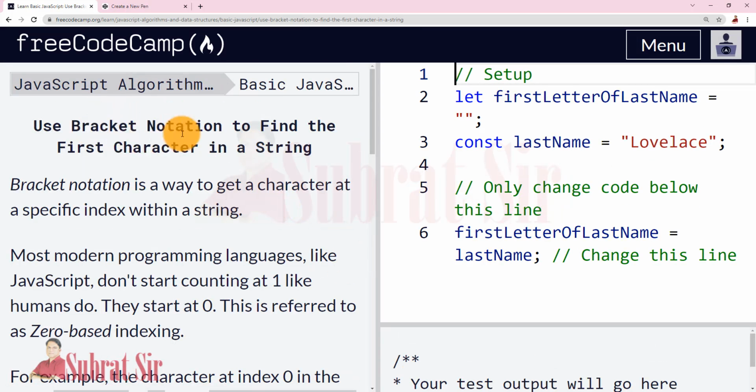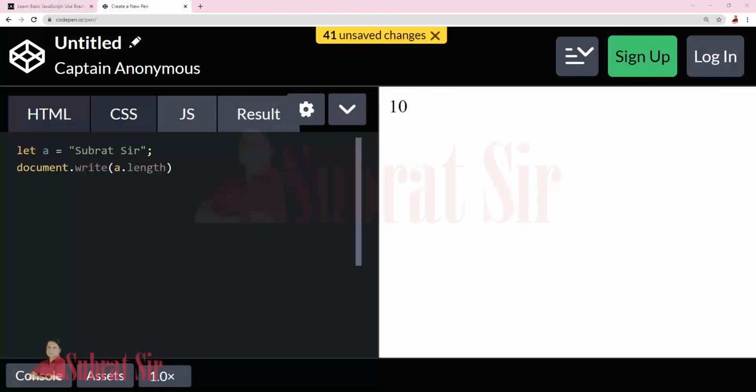Use bracket notation to find the first character in a string. Suppose we write here A and within brackets 0. So what will we get? We will get the first letter of this string. So this string is treated as a character array.